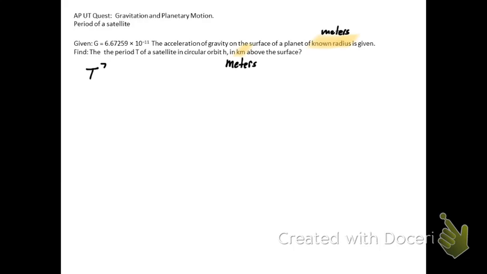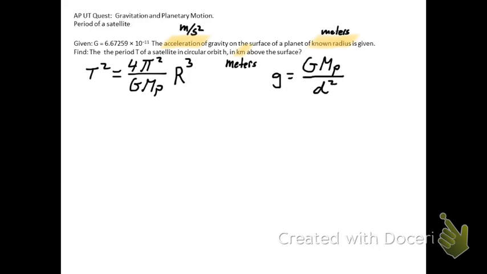Okay, and we are going to use Newton's version of Kepler's law. And actually, if you're whining that you don't have the mass of the planet, well, your whining for once is actually legitimate. You are going to need the mass of this planet. And we're going to get the mass of the planet because we're given the gravitational acceleration constant for the planet. And what we're going to do is plug and chug that into this equation here